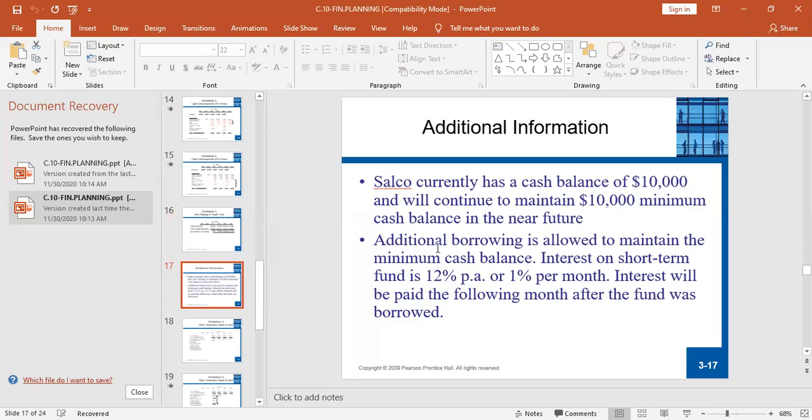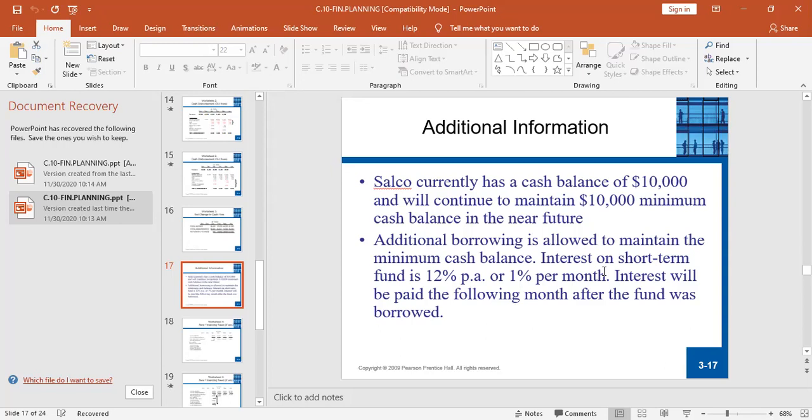So additional borrowing is allowed to maintain the minimum cash balance. The interest on short-term funds is 12% per annum. This is also an important part to take into consideration: if the interest on the borrowings given to you